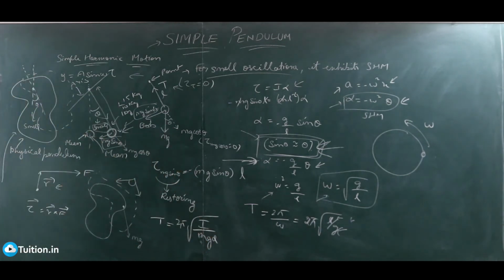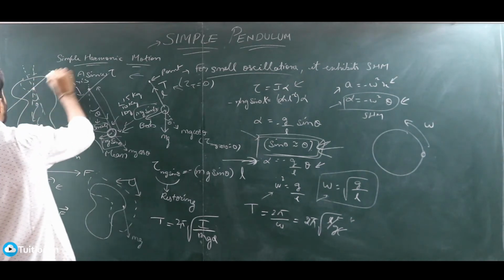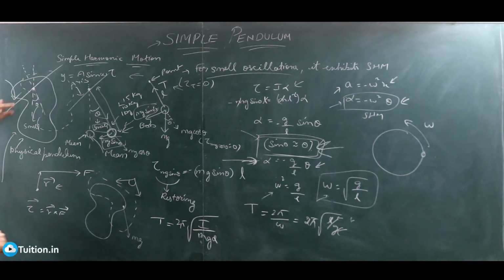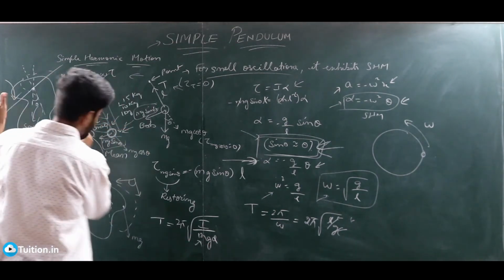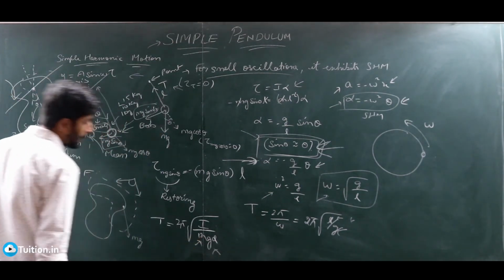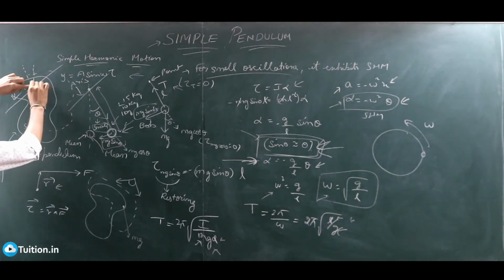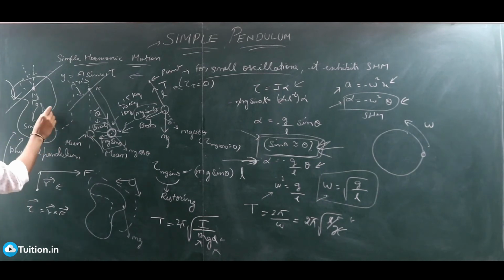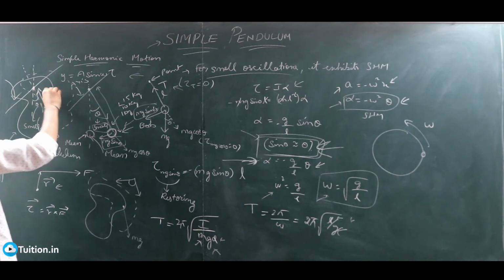where I is the moment of inertia. So basically, if I hinge it here, this will be my axis of rotation, right? The moment of inertia of this entire body about this axis is called your I, right? M is the mass of the physical pendulum, G is the acceleration due to gravity, and D is the distance from this particular point. If your gravity acts at this point, then mg will be like that, and the distance between that point and the axis of rotation is called your D, right?